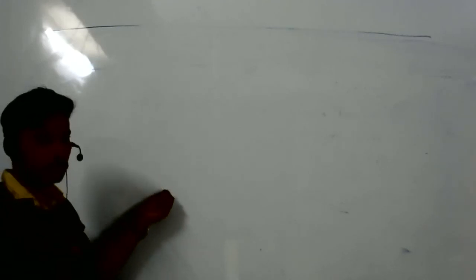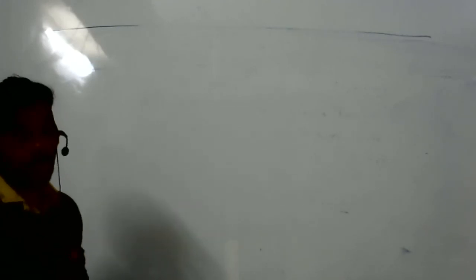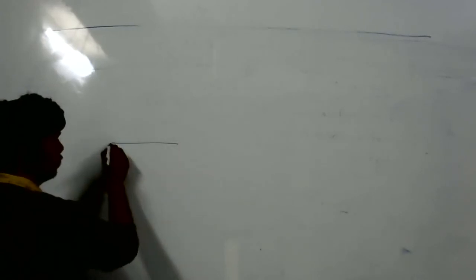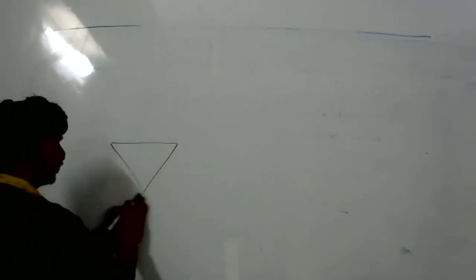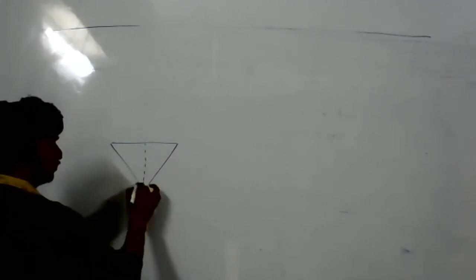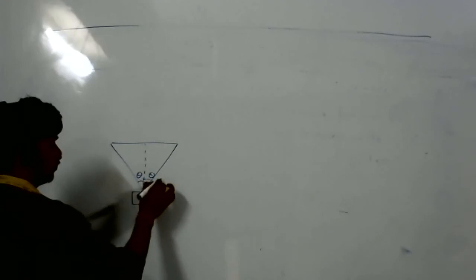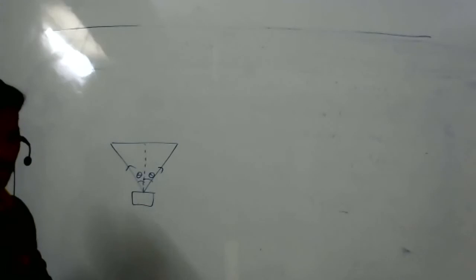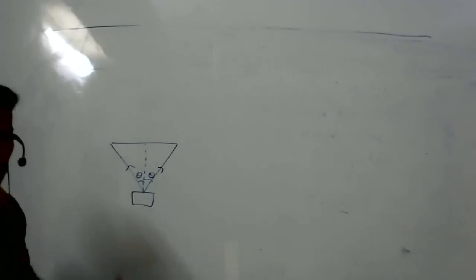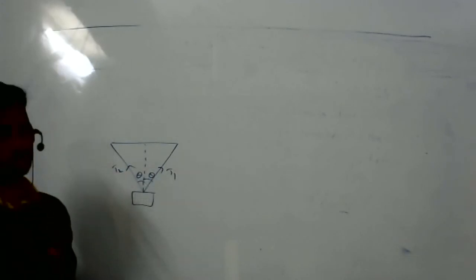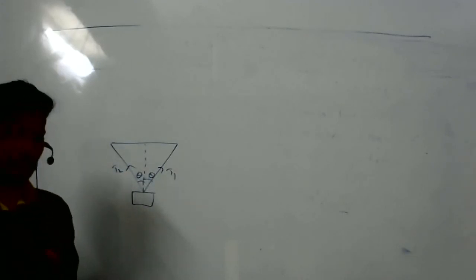Sir, a right angle triangle? Sir, draw the same diagram again. Isosceles triangle. Maybe they have taken it like that. Sir, let that be another vector, another tension vector. No, it's not another, it's the same, right? Sir, consider another tension vector. So the middle one also is a tension vector.